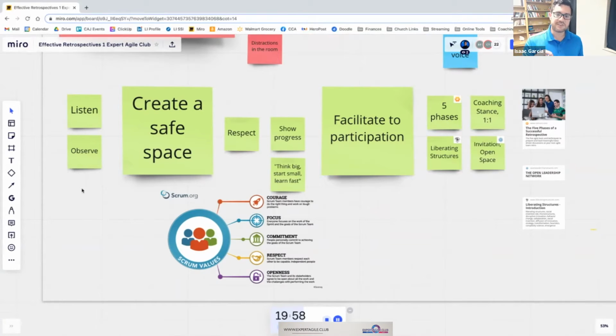You need to, first of all, listen and observe. I have an idea for you that might be a little bit out there, but trust me, it's powerful in your ability to influence a team. When people don't speak, they're actually telling you something. When someone doesn't give feedback, they're actually giving you feedback.